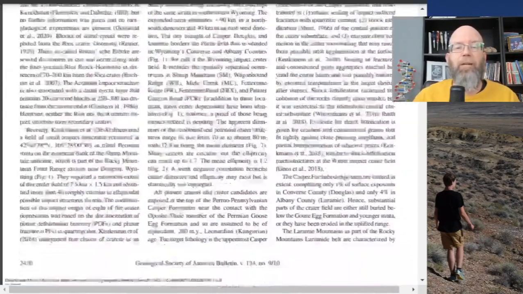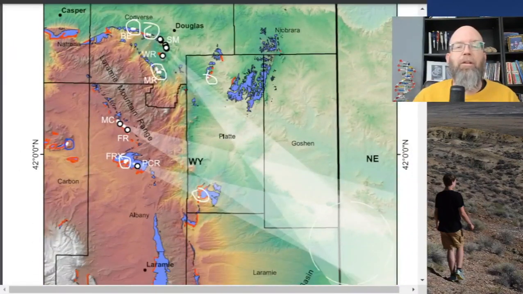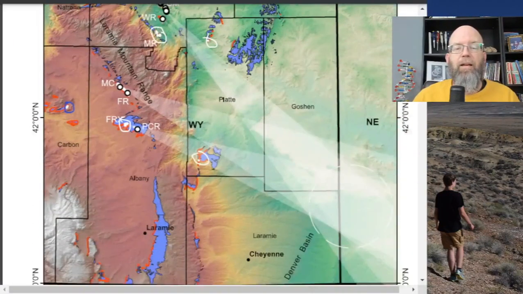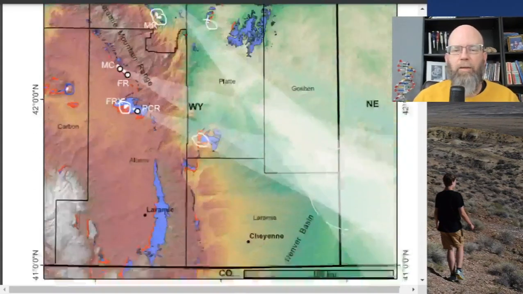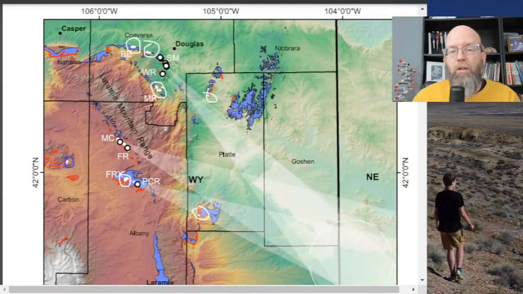I'm simply going to scroll down here to the primary figure. And here we have a section of the southeastern portion of Wyoming. Here's Cheyenne down here in the bottom. What you're seeing in this figure is the blue outline material, which is the rock at the surface, colored blue. That is all Carboniferous rock. In fact, the rock that's blue and then has red next to it is the boundary between the Carboniferous and the Permian age.